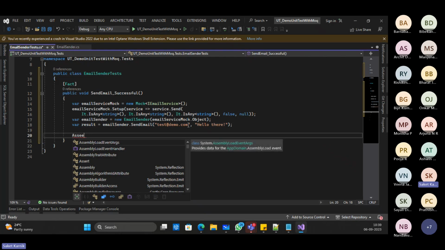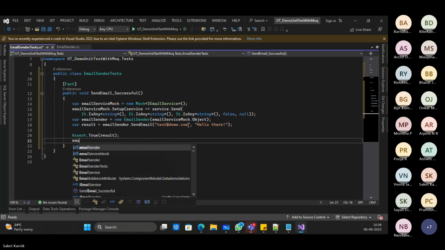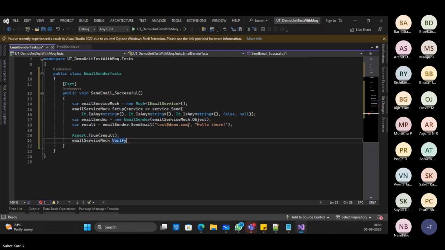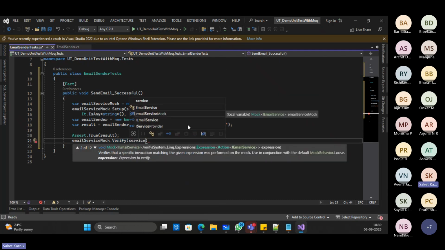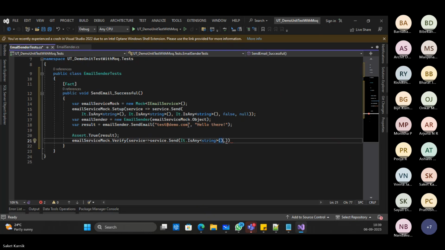And then comes the assertion. So Assert dot True result. I'm expecting true result here. If it is false, the test will fail. And then I say emailServiceMock dot Verify, service goes in, service dot Send, test at demo.com. Same input I'm giving here as well, comma, hello there, comma,